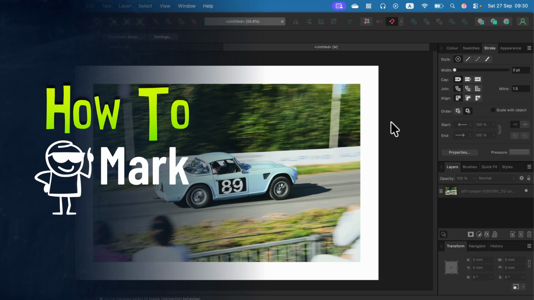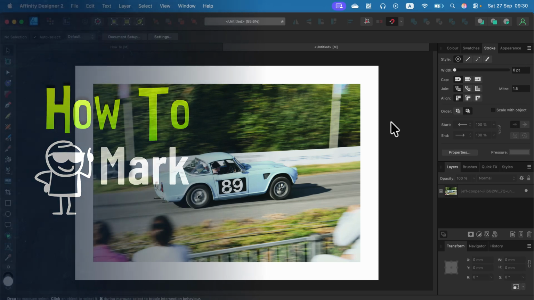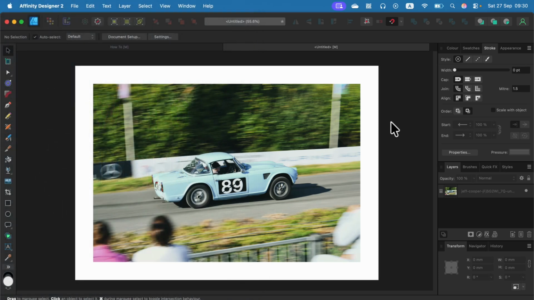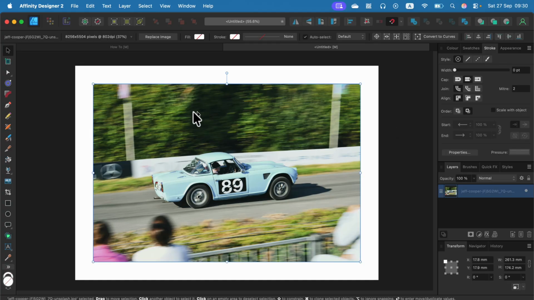Let me show you how we can very quickly turn an image black and white in Affinity Designer. First, select the image. You can click on the image directly or select the layer of the image. Then we need to head to the top menu,